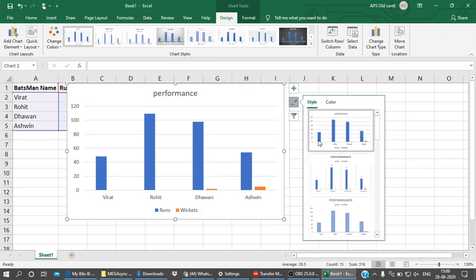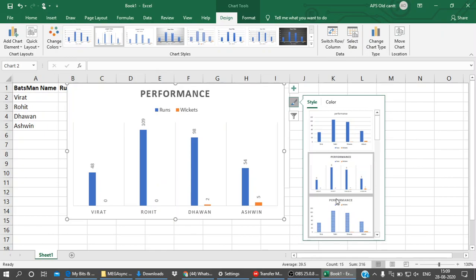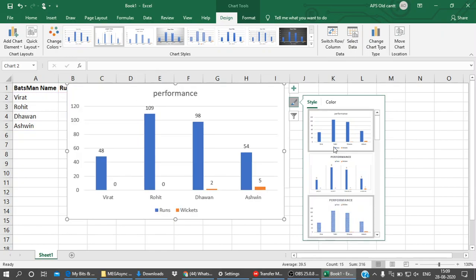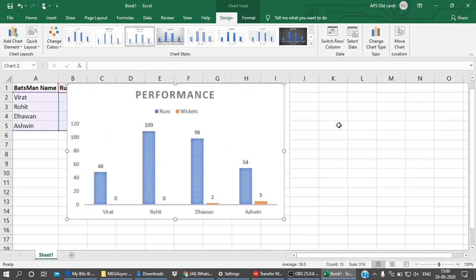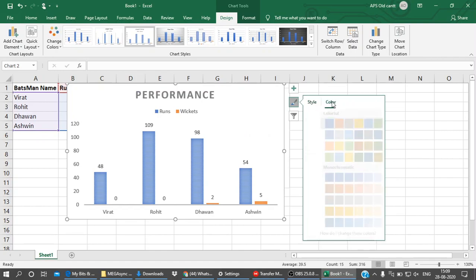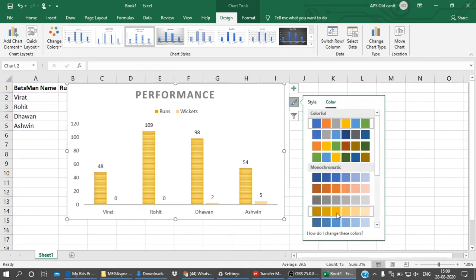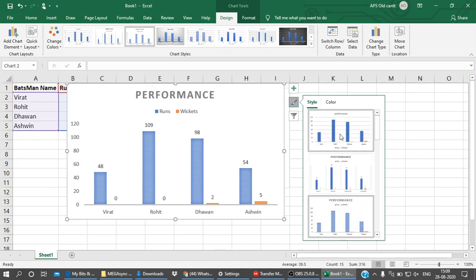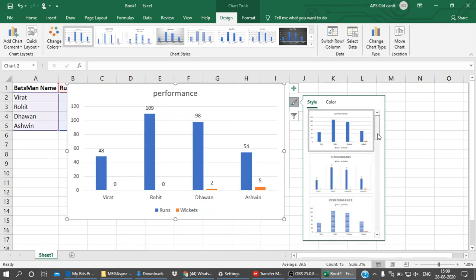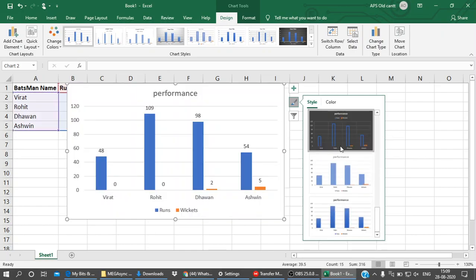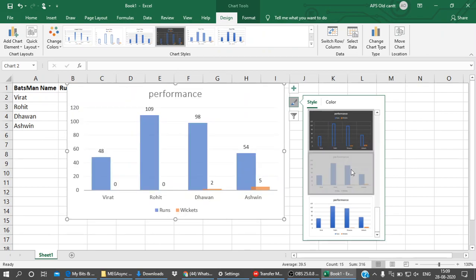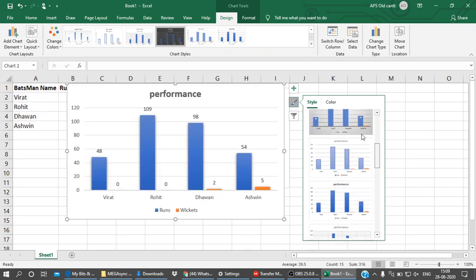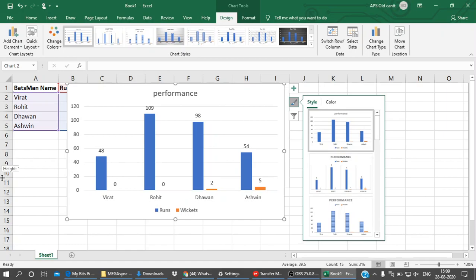You can change the color also if you want. You can change every single thing that you want. Okay. So this is all up to you how you want it to be built. You can change the color also. It's all up to you in which color you want to see. It's your own choice. You can select like this. So every single thing depends on your graphics and all these things. So this is the way.